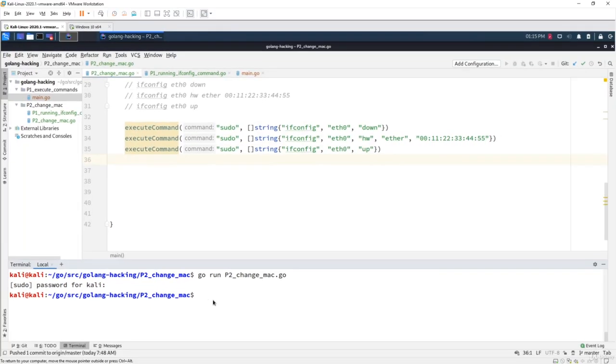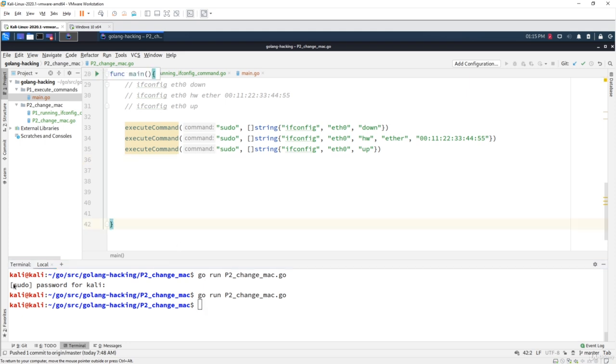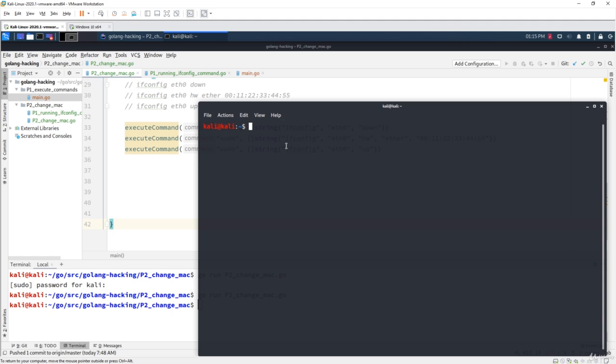So we can simply run this command. So we can say go run p2, and since I've already done it, I've already provided the password here. I ran this program once before, but for you this will ask for a password. So provide the password here and it will execute this program, and once it has executed you can simply write